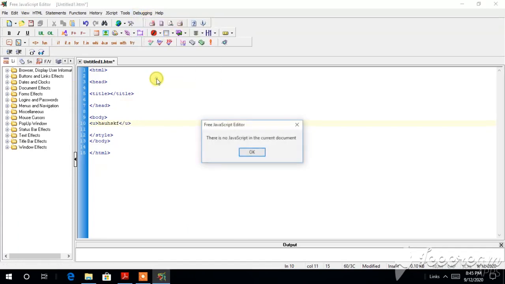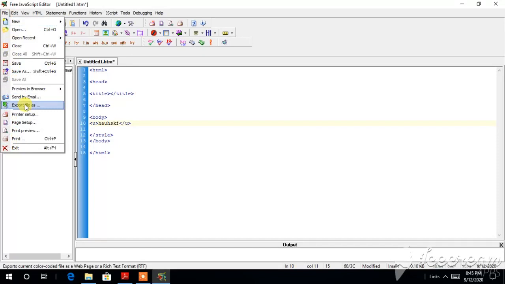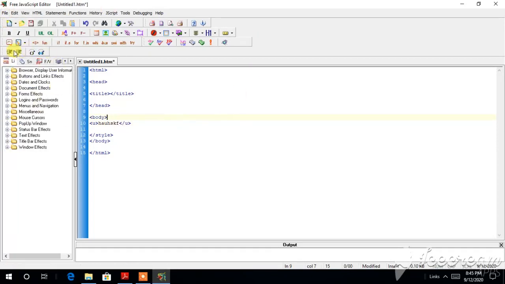You debug it. Okay, there is no JavaScript in the current document. As I have not saved it, I have to save it, and then this file will be running. This is very good software which can be used for your future. There are many things, like switch case. You can go with the switch case, body case, and see how the content looks. So today I am only going with how this software works, and this is very nice software. I got it from the net, and very nicely we can install it and do programming, and understand the concepts of programming.